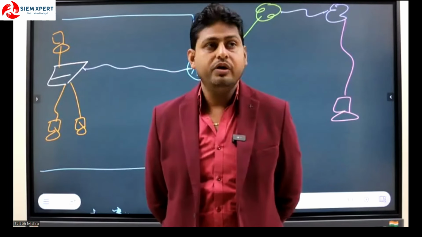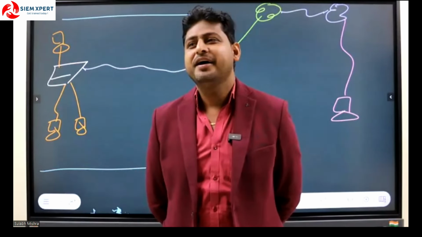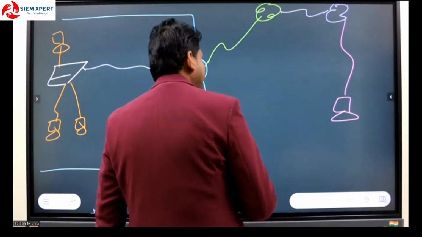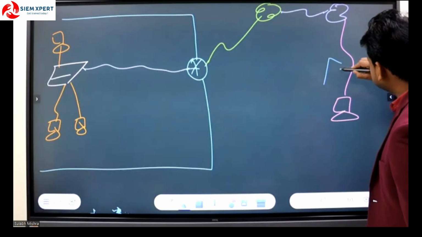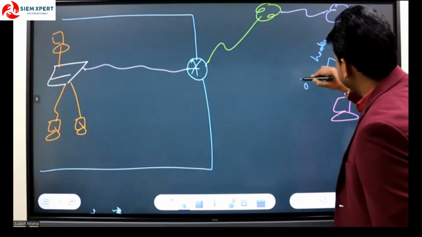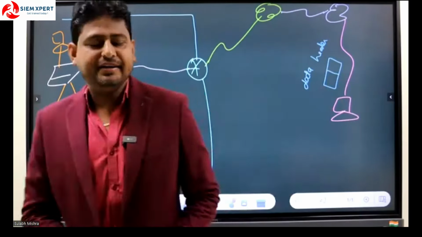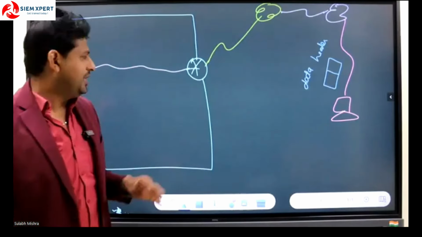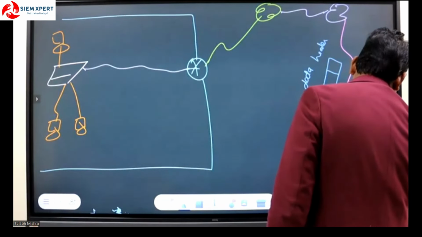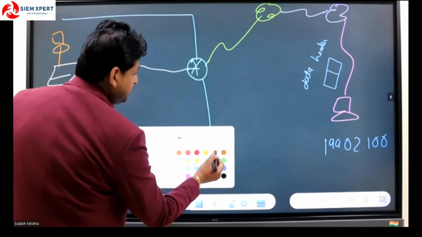If you watch the video, communication in the digital network happens in the form of packets. And a packet has how many parts? Two parts: header and data. Data we also sometimes call payload. For example, if this particular system has the IP address 199.0.2.100,